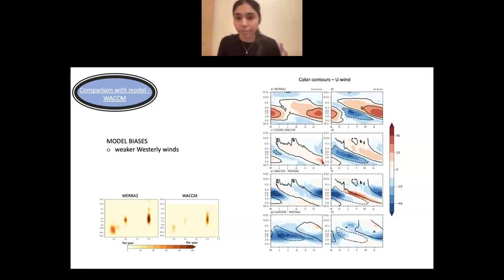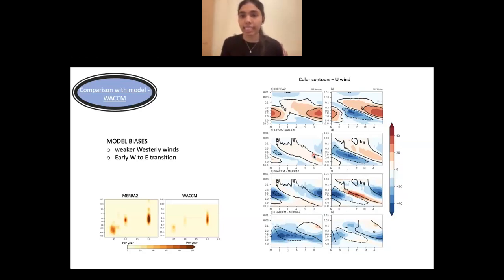And then if we look at the phase transition timing, in MERRA2, most of the easterly winds come in December, like from 0.6 hectopascal to 5 hectopascal, the transition happens in this month. But if we look at vacuum, by October the transition from westerly to easterly happens and it reaches 1 hectopascal, which is a bit early. So we have this early westerly to easterly transition going on in vacuum.